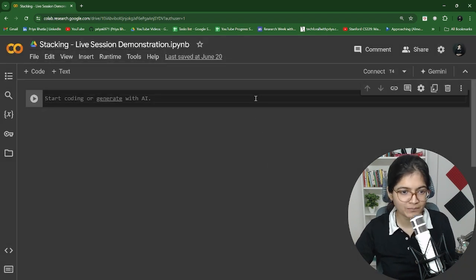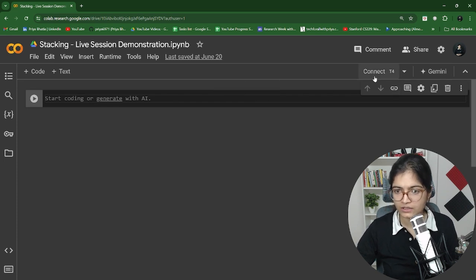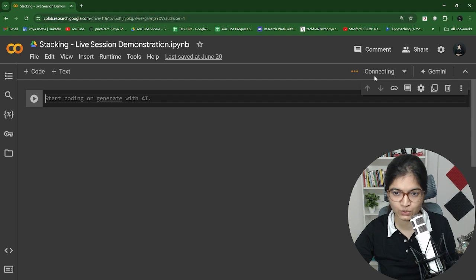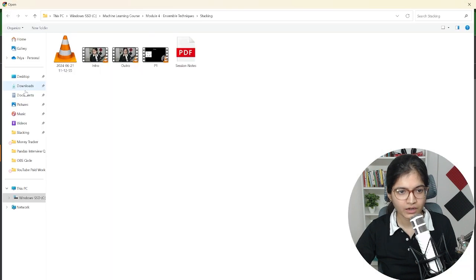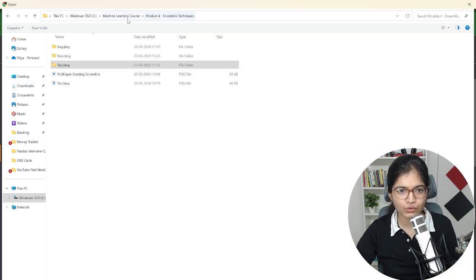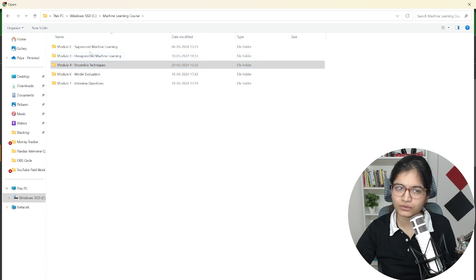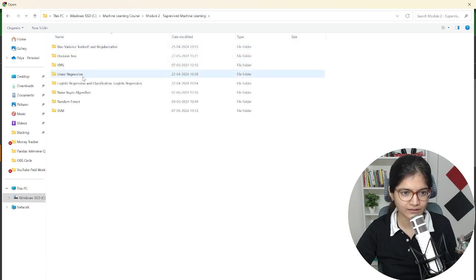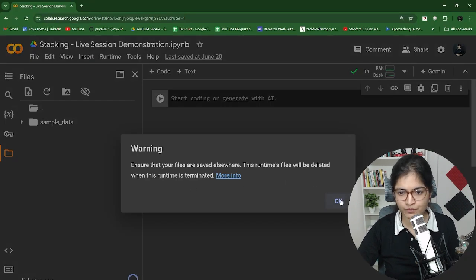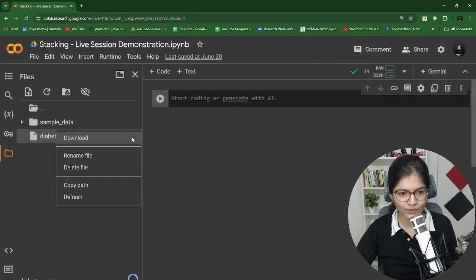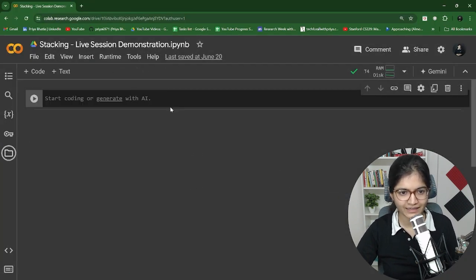And let's see how we can implement the stacking now, all in all. So let me just try to do the connection here. And once the connection is set up, after that, we will start our further things. Okay, the connection is set up now. Now what I will do is I will try to take the diabetic data. I think we have worked on the diabetic data in the logistic regression hands-on implementation. So I'm picking up from there, and let's wait for a while, copy the path, and then maybe we can